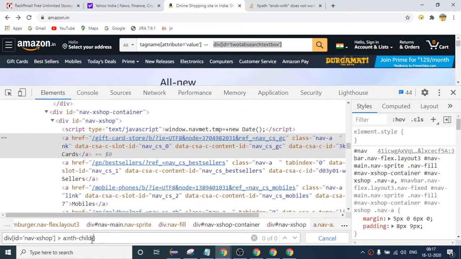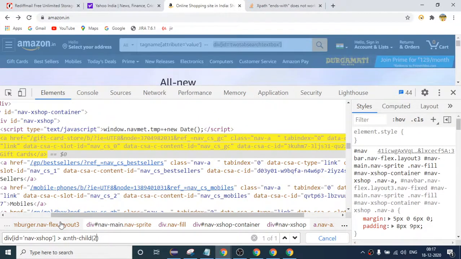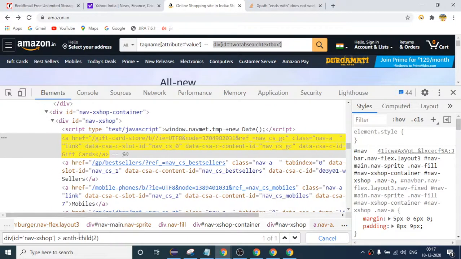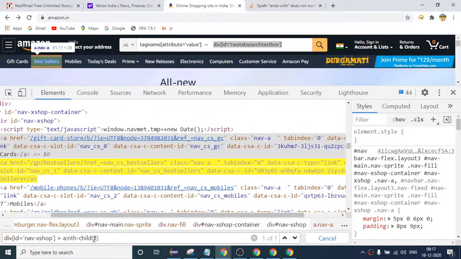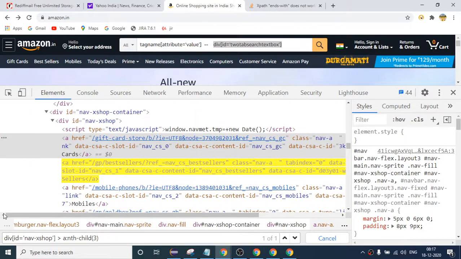So to move to the first one, I will say second here, right? And likewise, if you want to move to the third one, then I will say 3. But here from our end, it is the second element.